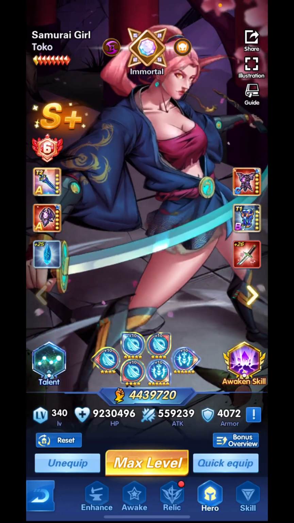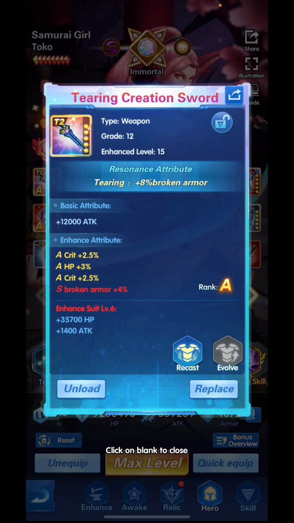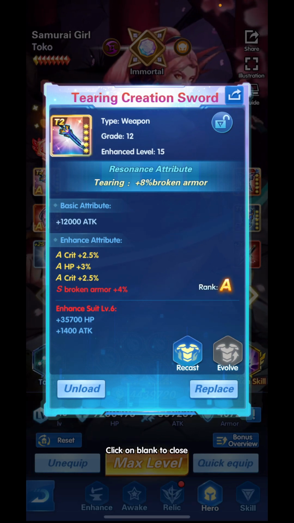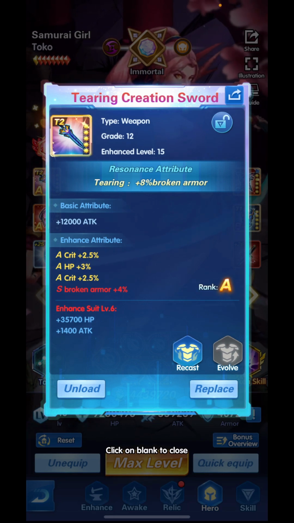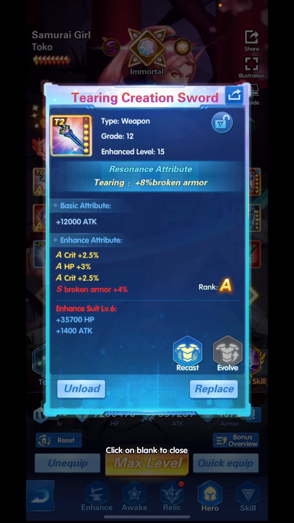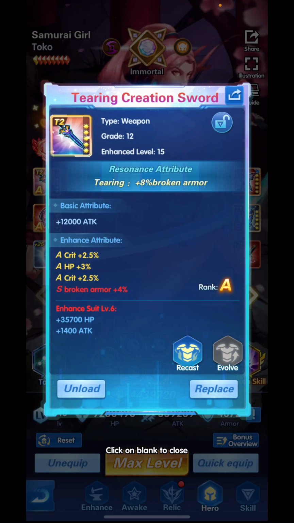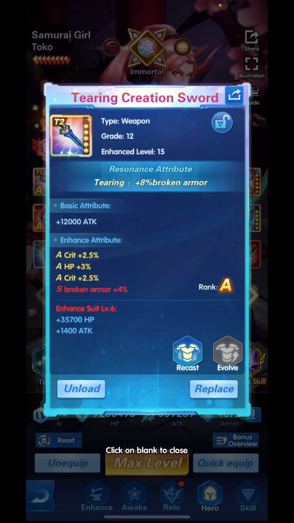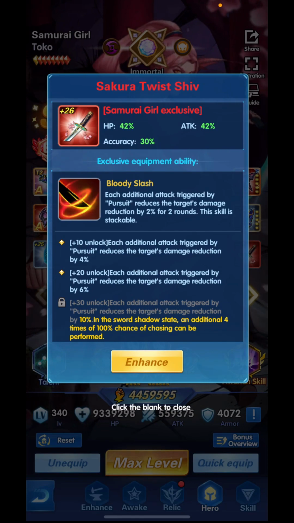For Toko's equipment stats, you'd be looking at getting crit, enough crit for a minimum of 60% crit, crit damage, attack percentage, broken armor percent, and speed. When you upgrade to tier 2, it would be broken armor percent. As for Toko's exclusive equipment,